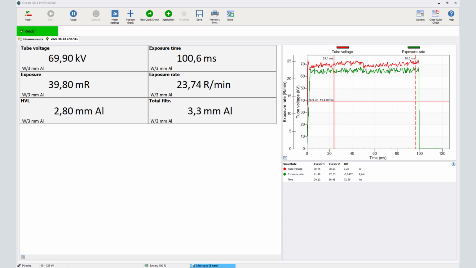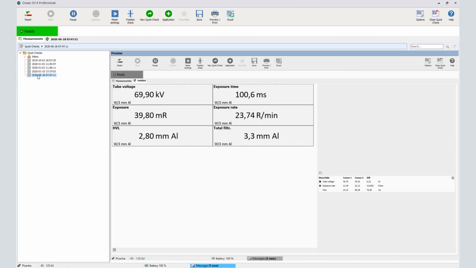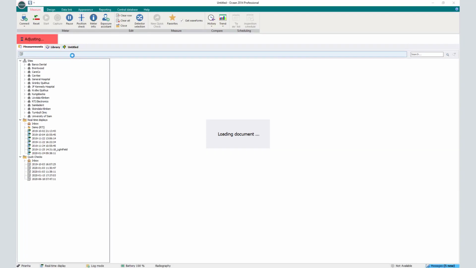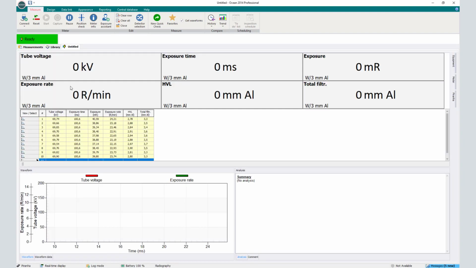With the Ocean software, we can save the measurement file and open it in another format. And this file will open in real-time display mode to reuse the data that we've just collected. And here we see the 10 exposures all collected at the same time. From here we can add an analysis